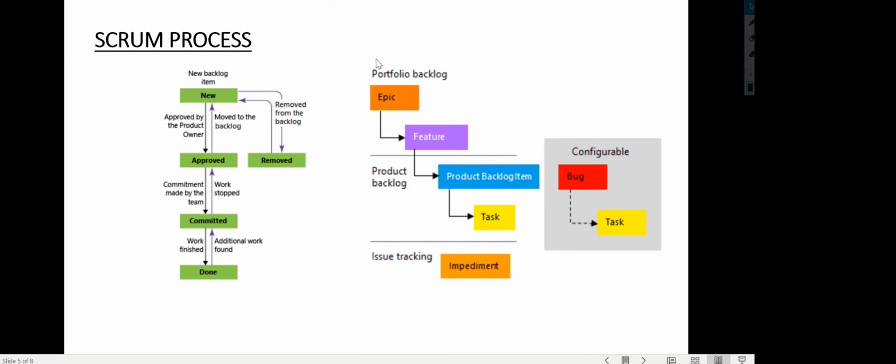These are the work item types which are given by Azure for the Scrum process. The first one is epic, then features, then product backlog, then task, and the relationship between these work items should be a parent-child relationship. So epic should be a parent of feature, which should be a parent of product backlog, and product backlogs can have multiple children as tasks. So let's quickly go to Azure